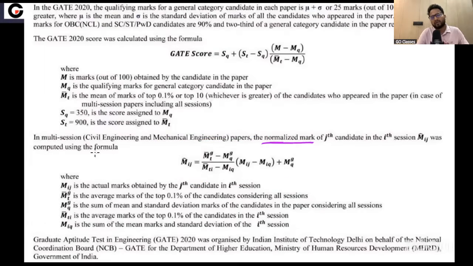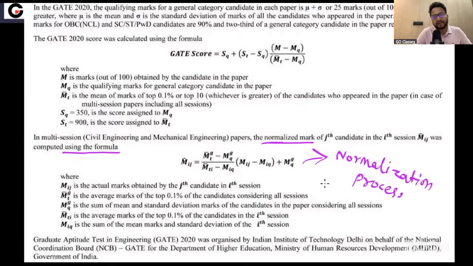So by the way, you don't have to worry about the formula. All we are saying is that GATE Overflow has applied the official formula which they have been applying for the past 10 or 15 years. This is the very standard formula that GATE Overflow has been applying. And as you know, GATE Overflow has been very accurate in terms of the GATE score, normalized marks, and rank, and everything. It has its own authenticity and reputation in GATE.